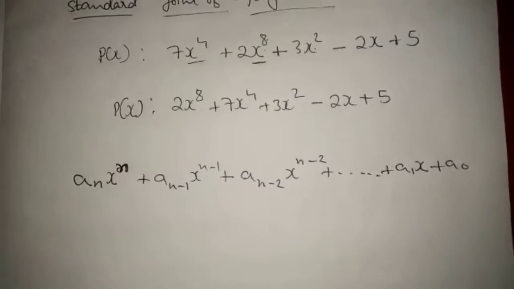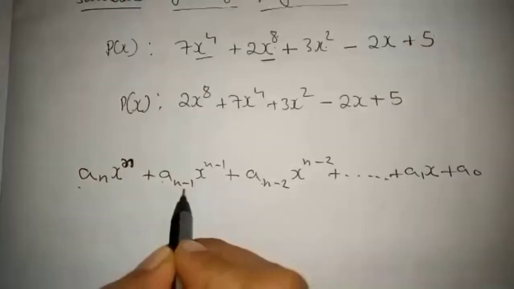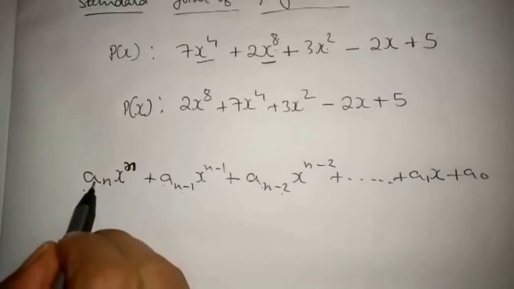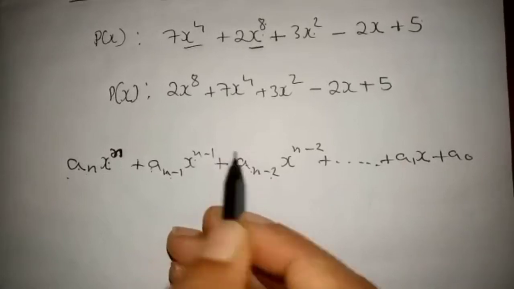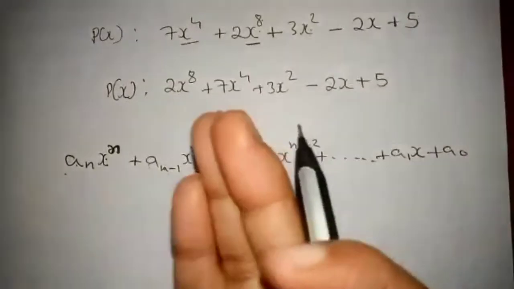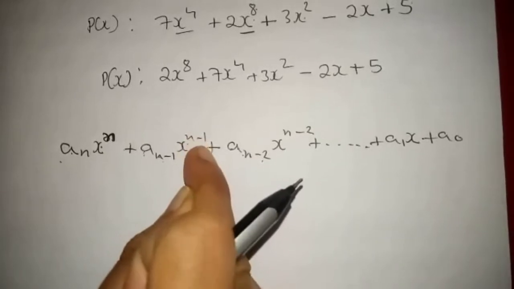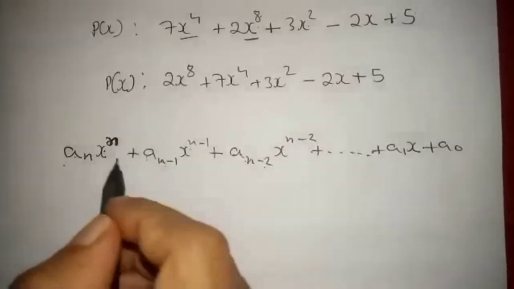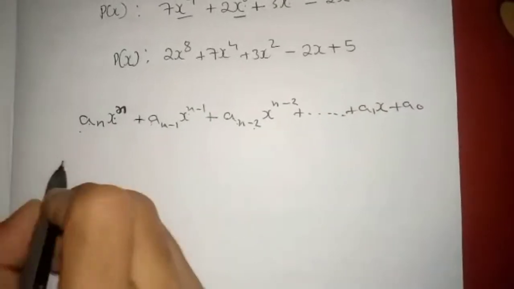Using variables we are writing a_n x power n, so here a terms are there: a_(n-1), a_(n-2), etc., a_1, a_0. These are the coefficients; a_n is the coefficient of x power n, a_(n-1) is the coefficient of x power n minus 1. What the coefficient is, I have explained in the previous videos. In a polynomial, together with the variable x there will be one constant, right? That is called the coefficient of that variable. So these are all constants,